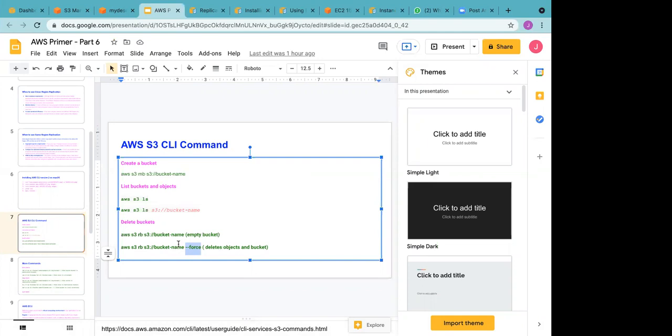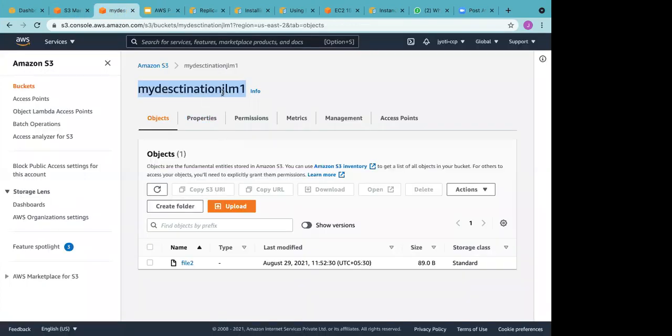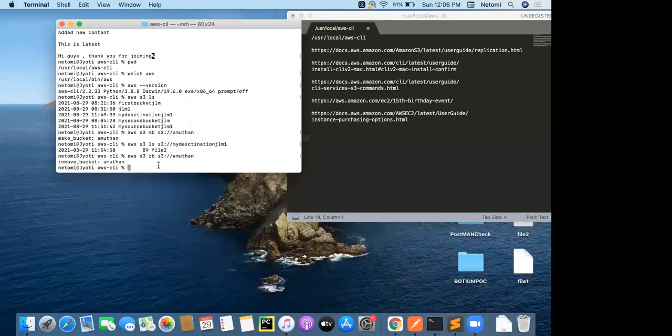So let's delete this bucket only, my destination JLM1. AWS S3 RB S3 my destination JLM1.